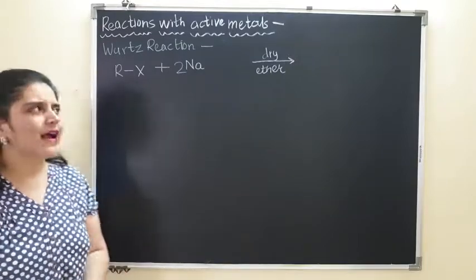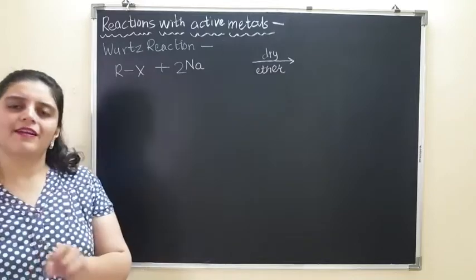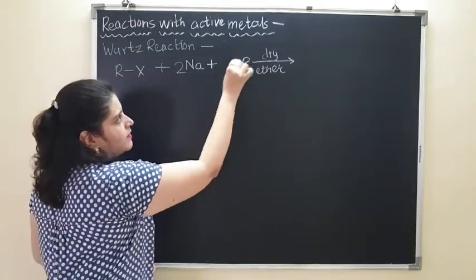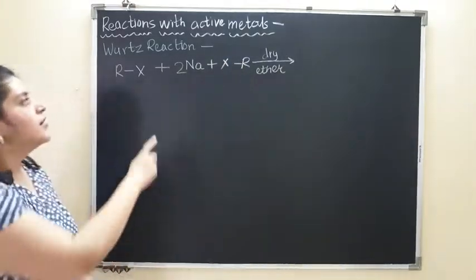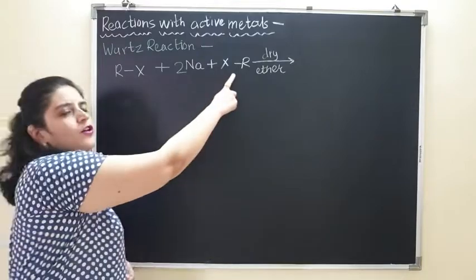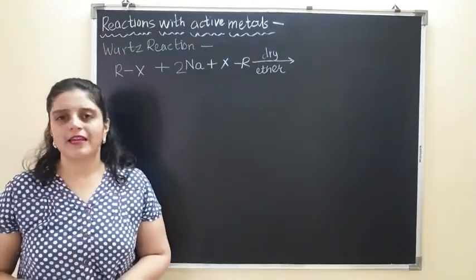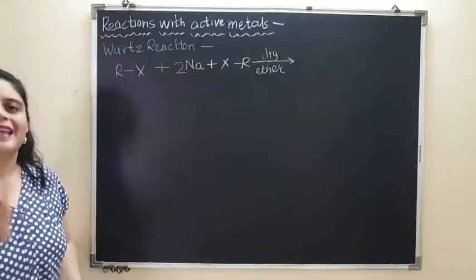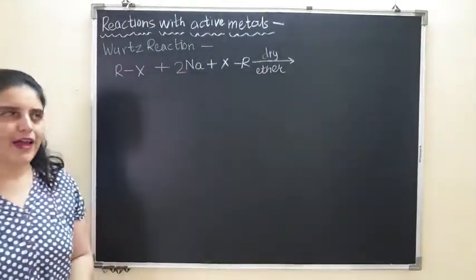But how are we going to write? Here we have written RX. So when we write RX over here, we will write it the other way around, like this. We are going to write it as XR, so that understanding of the reaction becomes easier. 2 times RX is the same as writing RX twice: RX and XR. So this is what we have done.